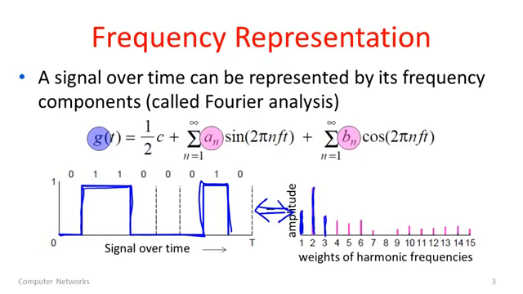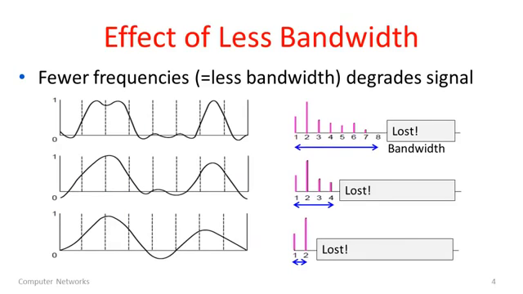I want to show you this equation. This equation tells you how all of the different components of the frequency harmonics can be summed up to provide the original signal. But you don't need to remember the details of that. The important point for you is to remember that this mapping exists. This is actually a tool called Fourier analysis, which is widely used in electrical engineering. So any of you who are studying that subject, you can expect to get a lot more depth about frequency space representations. The key issue for us is what happens to different frequencies as you send a signal across media,